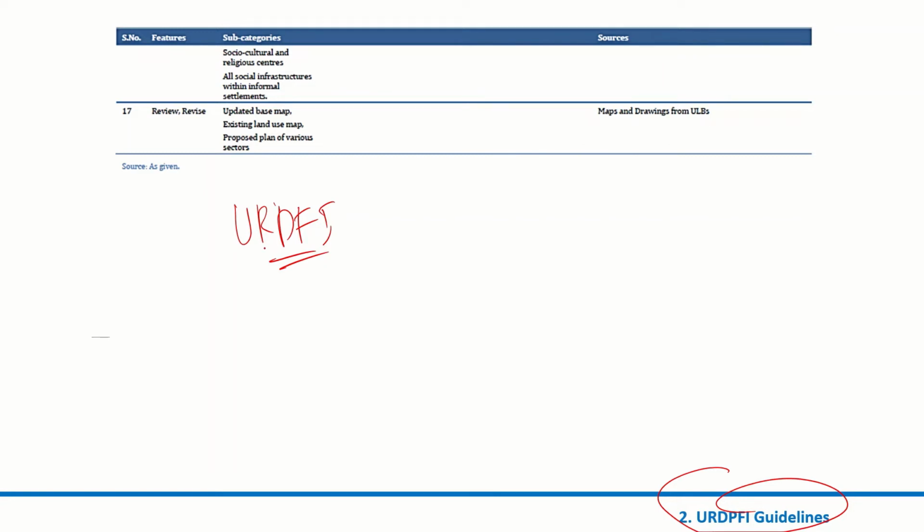Okay, so a lot of information is available in this document. This will give you a good handhold on how to approach, how to look for information, what kind of information we can look for. Okay, that's my second part of the discussion.